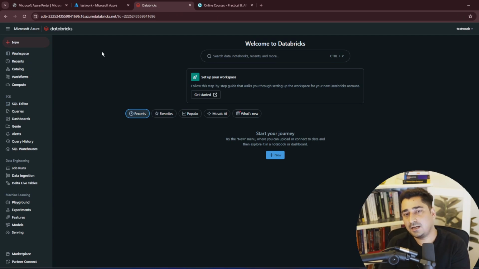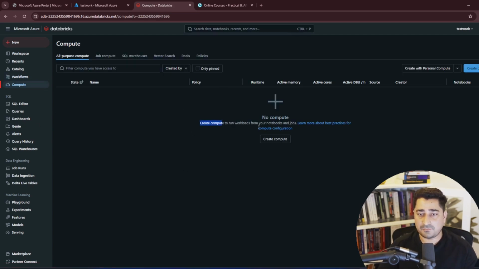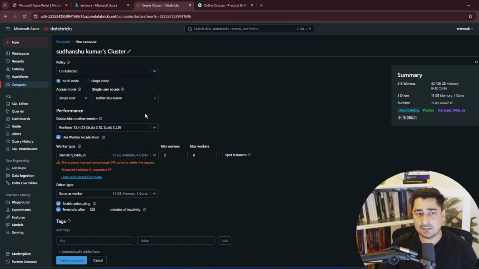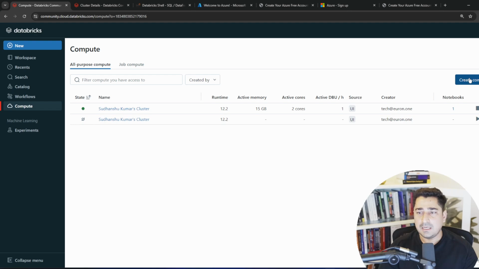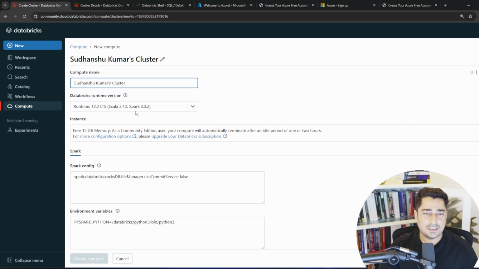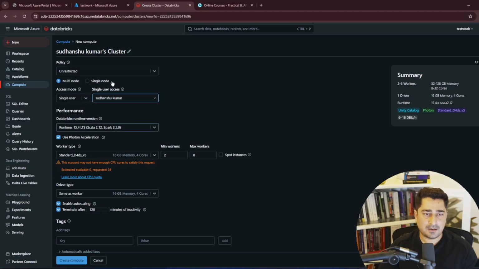So we have a lot of features, and going forward I'm going to show you how you can create resources and how you can create a compute, because as of now I don't have any compute. So I can try to create a compute over here. Last time, when I was trying to create a compute, it was showing me a very limited number of options, as you can see. But this time it is showing me lots of options,